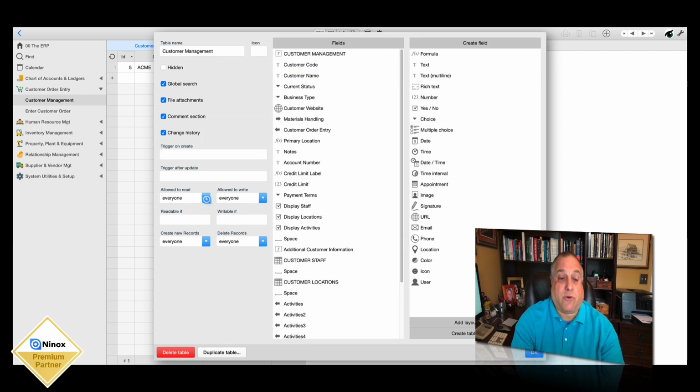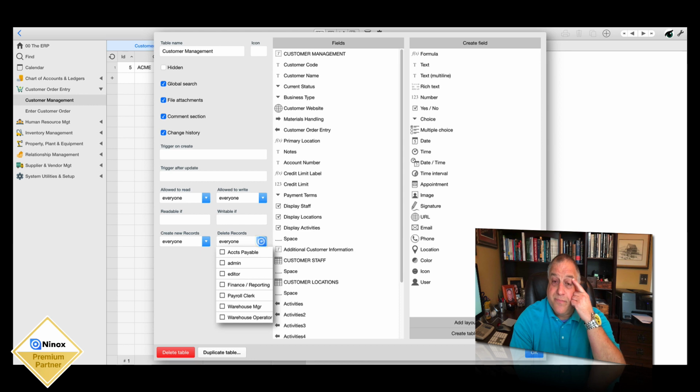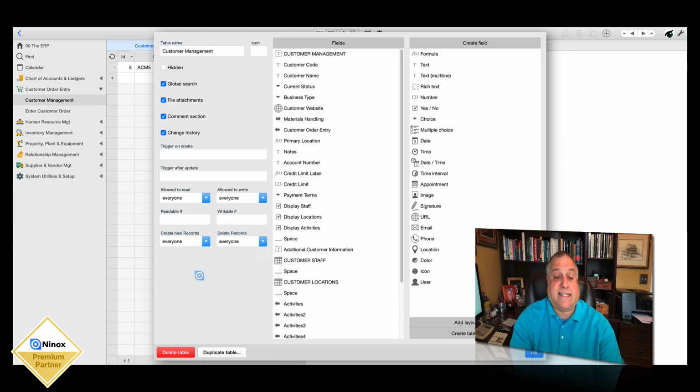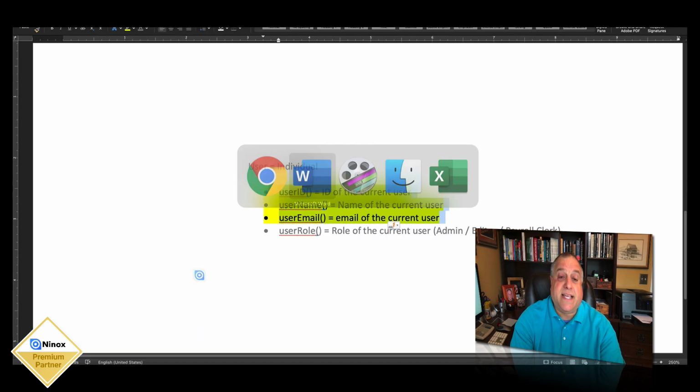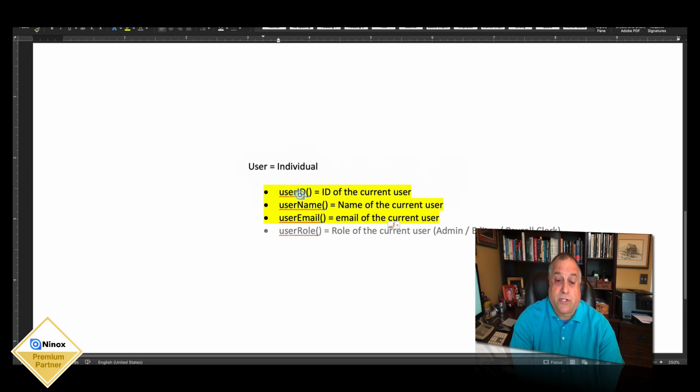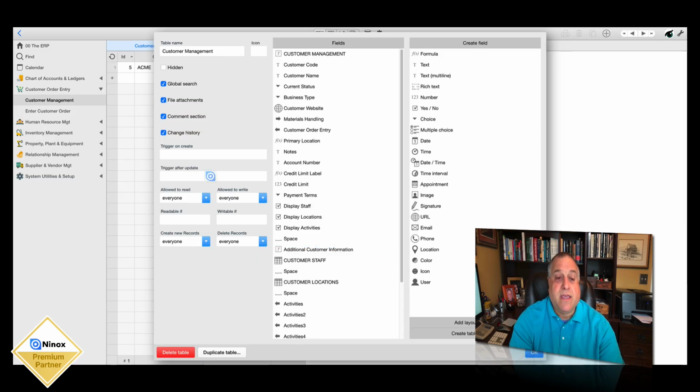We can assign group security at the table level to read, to write, to create, and to delete content. We also can specifically identify users, and remember these commands using the user ID, the username, the user email. These specifically identify individual discrete human operators. We can build that level of security at a code level here for the table, or we can go in